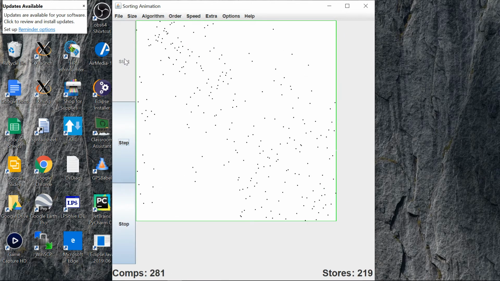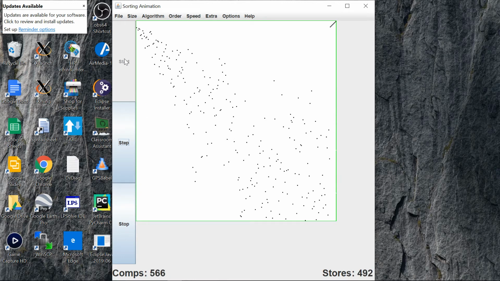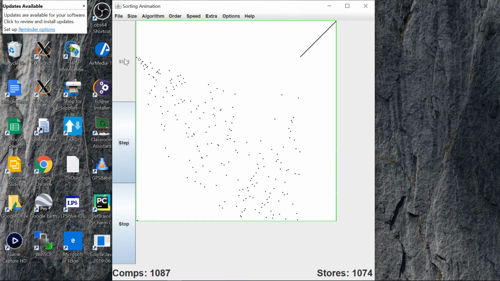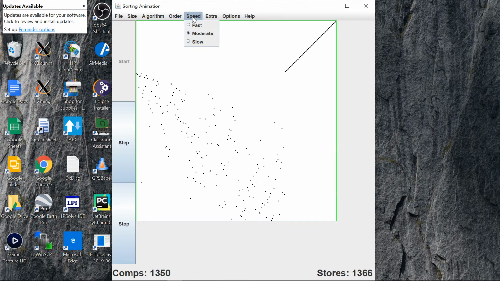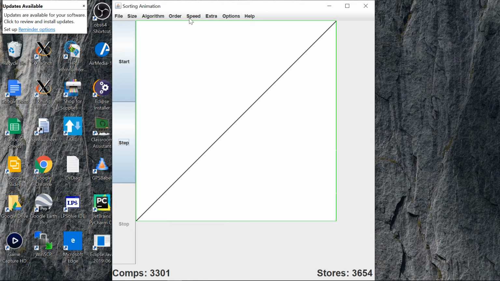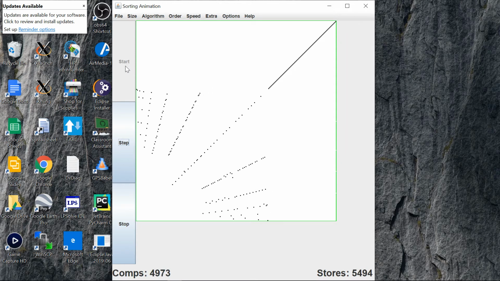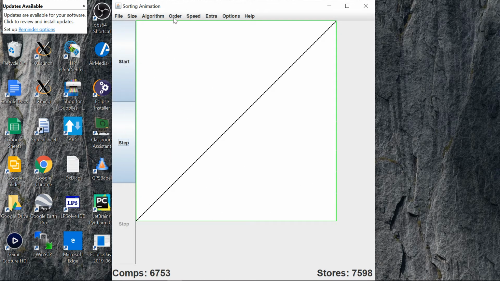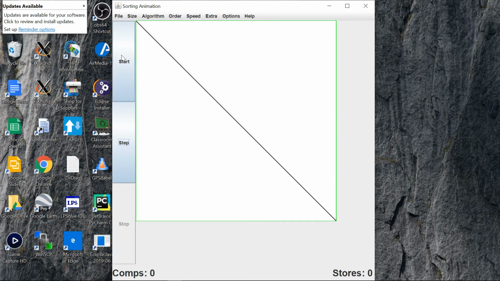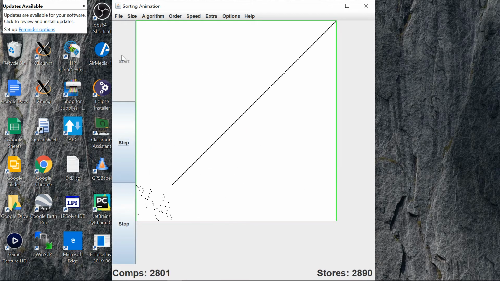So it's sort of moving things so that it's in a band from left to right, upper left to lower right. If we sort something that's already sorted with heap sort, it does something weird. You put it in that order and sort it with heap sort, you get that effect. And finally,